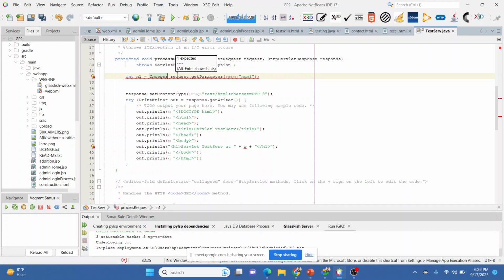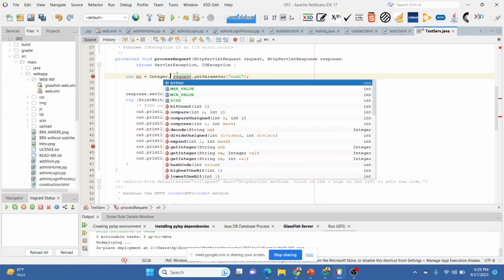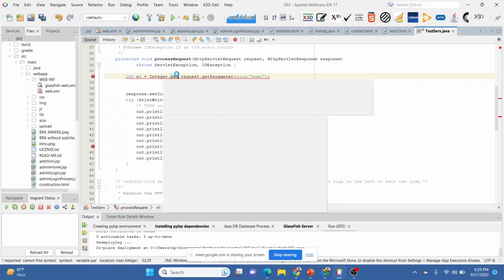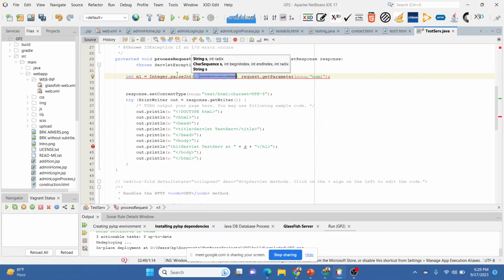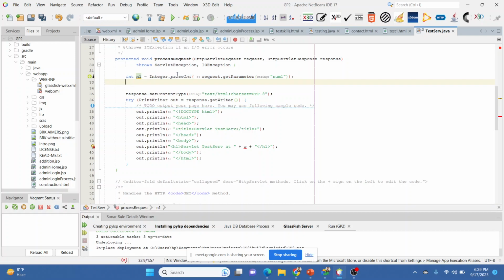So Integer.parseInt, and so now it is going to parse whatever the string is coming from the HTML part, we have to convert it into integer. Now it is n2 and number 2 text box.